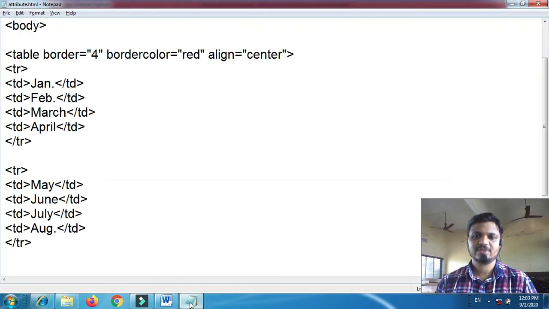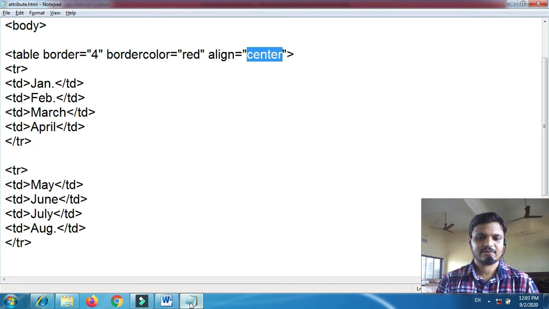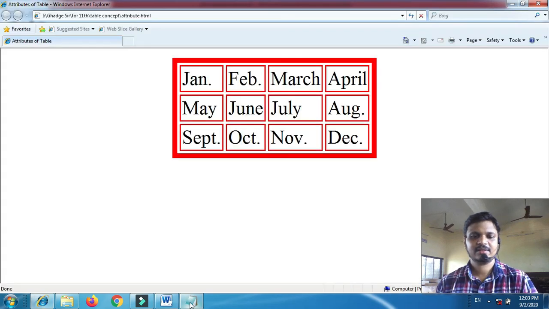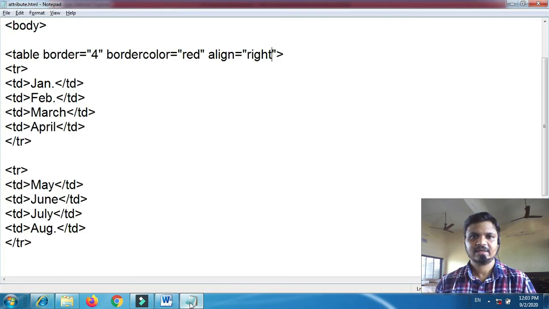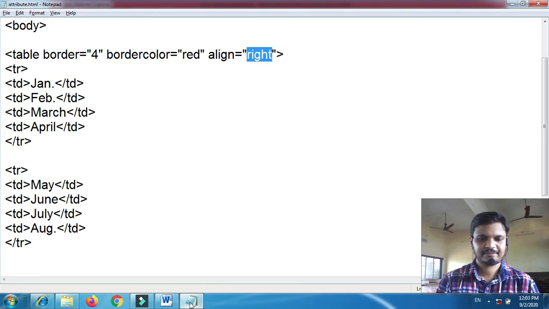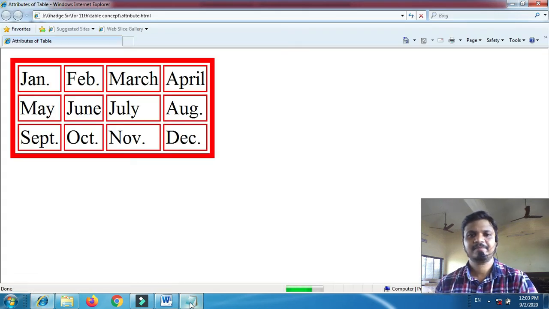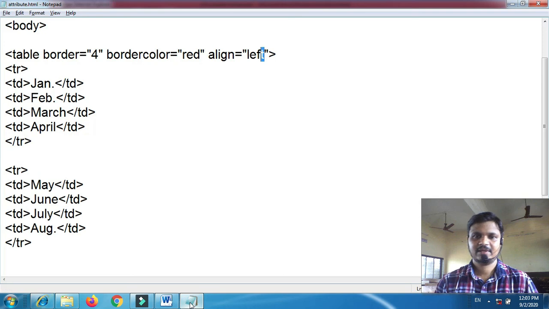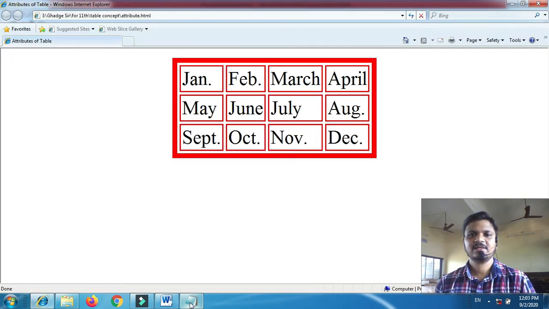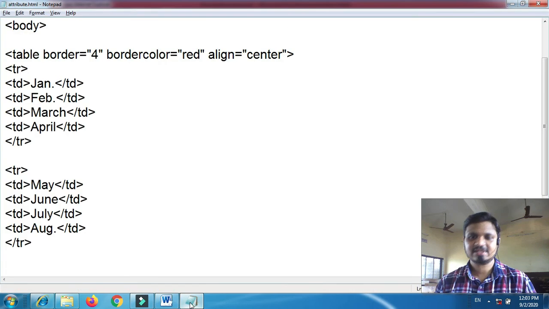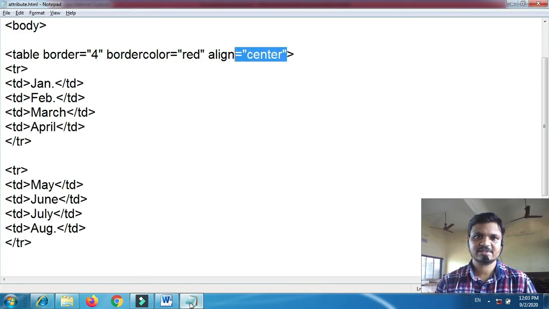You can choose any value for align. For example, RIGHT, right, then it shifted to the right side. If I use left, then it displays on the left side. If I again put center, then it displays center alignment. If I remove this, then what happened?